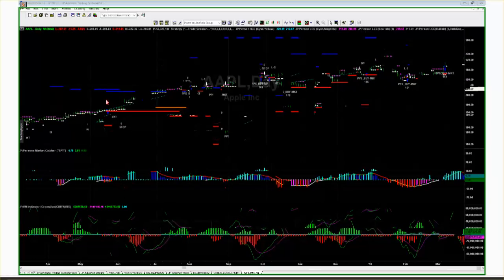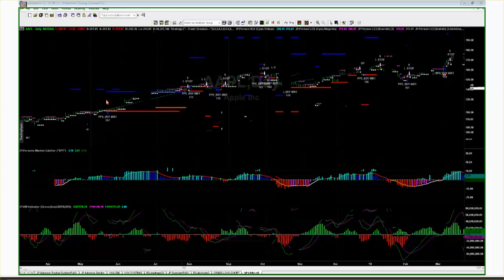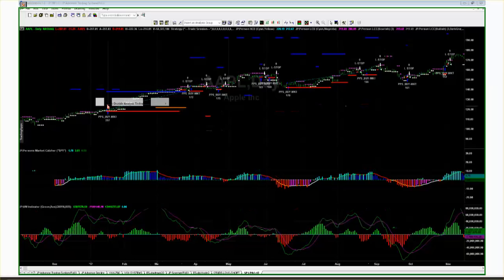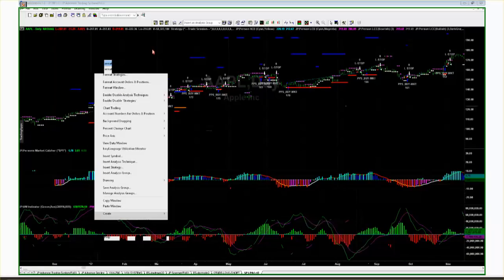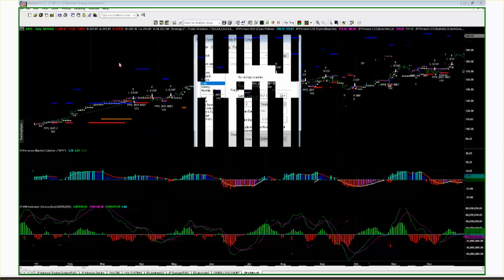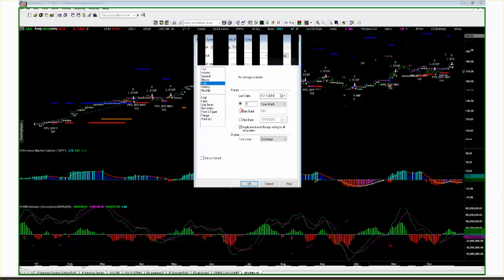And as you can see, we asked this thing to go all the way back to 16, and it didn't even generate a trade back there. The first trade it generated was 17. So in just this environment for the last year and a half, and go back to format, we asked for 2 years. I mean, you can change that back to 5 years, 10 years, something like that.